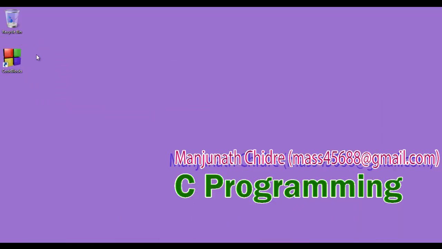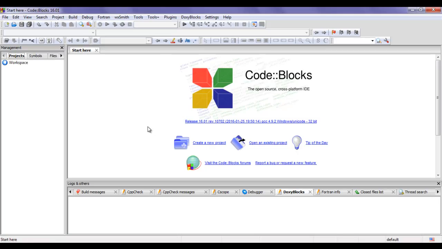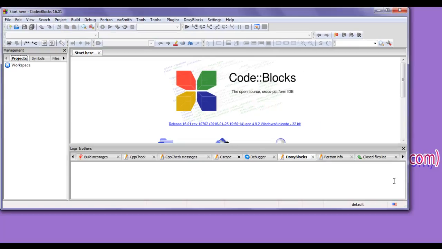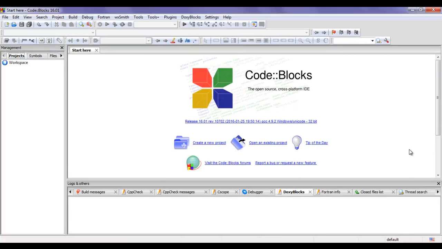We can minimize. You can see that the IDE got minimized. I click on the icon on the taskbar. You can see that the CodeBlocks IDE got maximized. I click again on the icon. I click on restore to restore the window. When the CodeBlocks IDE is in restore mode, we can resize the window according to our requirement. I click again on the icon. We can click on maximize to maximize the window. When the window is in maximize mode, we cannot actually resize the window. It takes the entire available width and height. We cannot resize the window in the maximized mode.